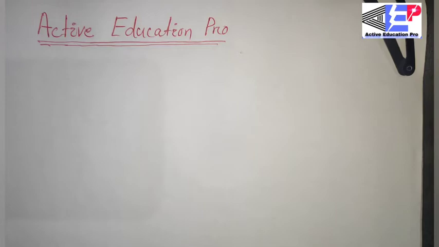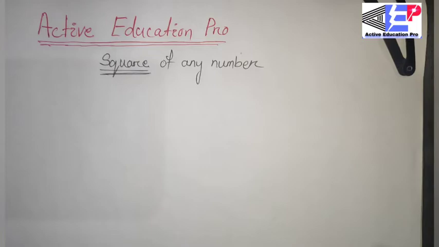Once again I come back with an interesting topic: how to find the square of any number. So let's start to find squares. As you know, it is very important for competitive exams, and you know very well the squares from 1 to 20. But after 20 you feel some problem when you have to find the square of a number within a fraction of a second. So now I tell you how to find the square of any 2-digit or 3-digit number within a fraction of a second. So let's start. First, take an example.